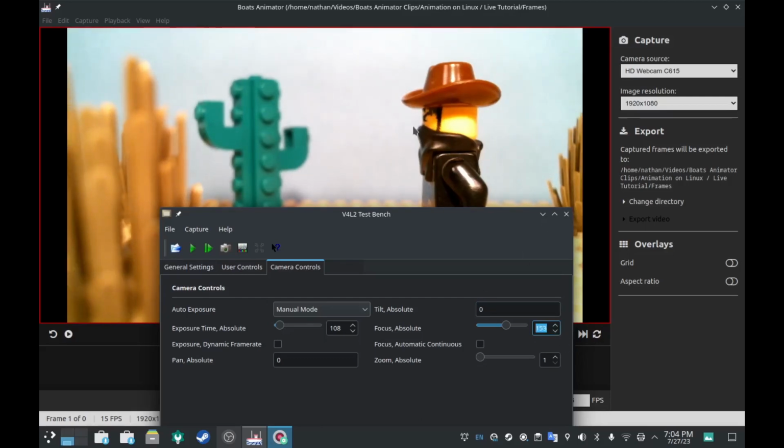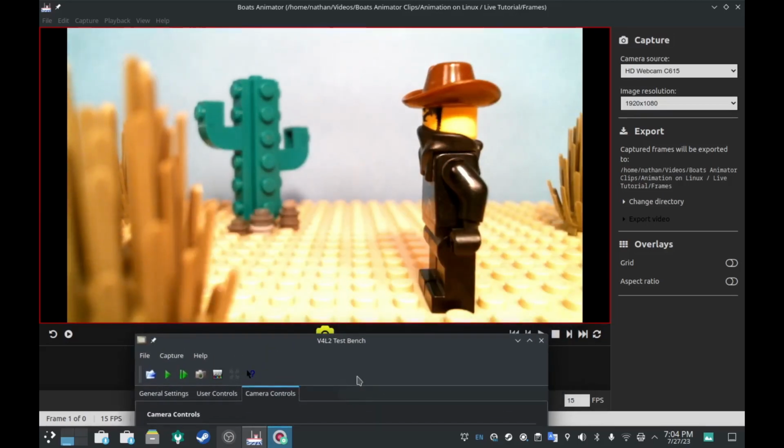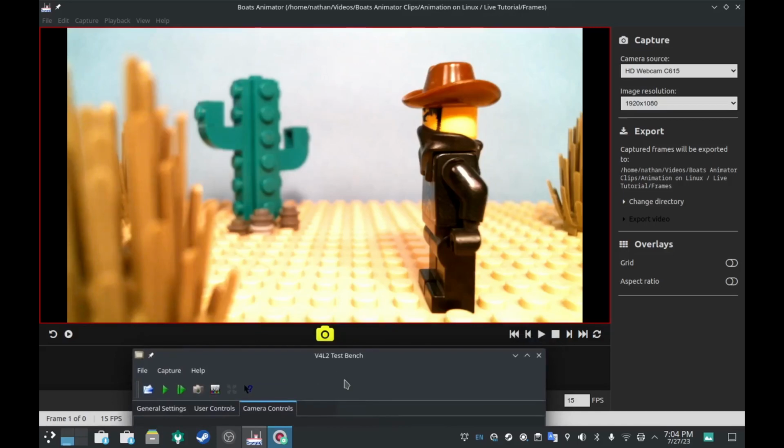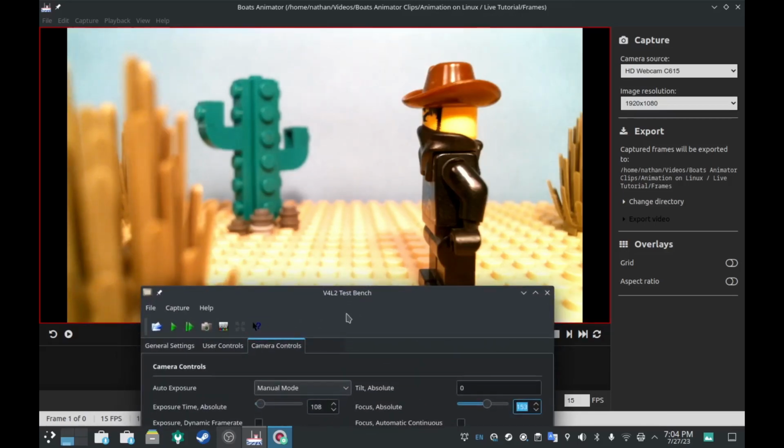But if I go the next notch down, still lacking a little bit. But if I keep going further down, now he's just out of focus altogether. So there's a little bit of sacrifice to be made there, but again though, I think overall the sacrifice is worth it for the